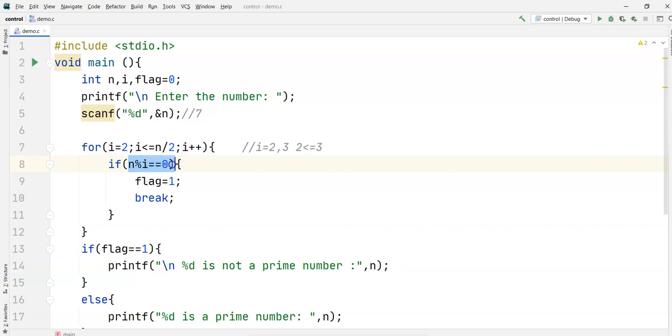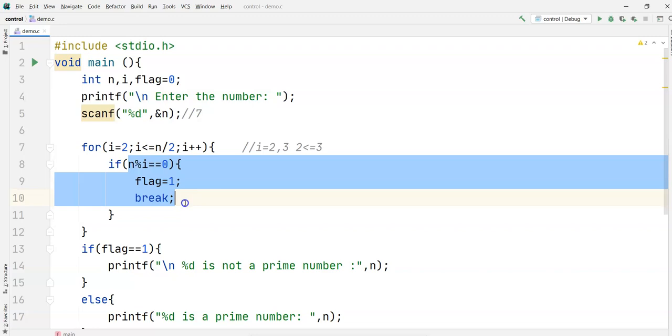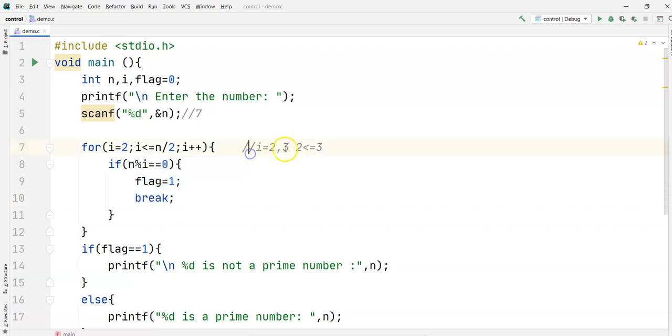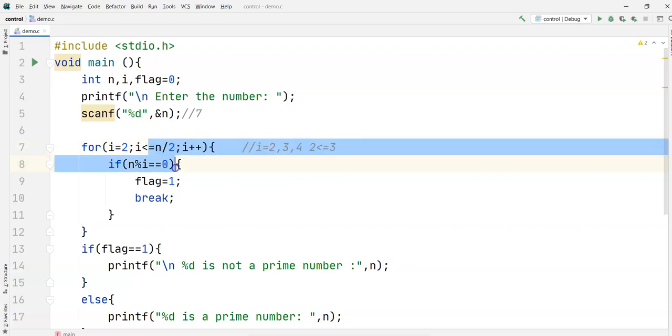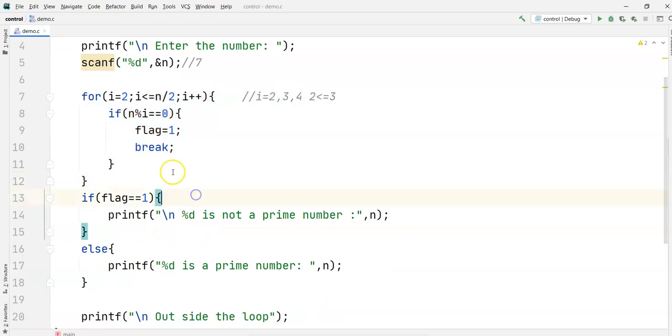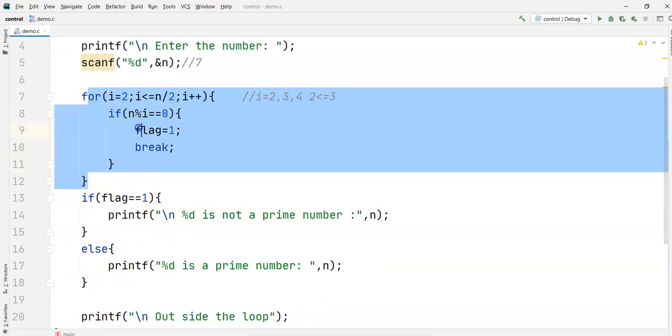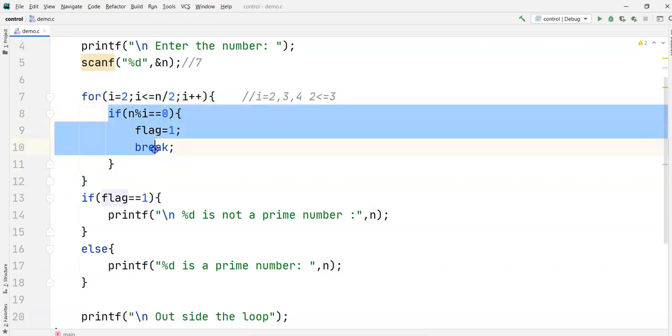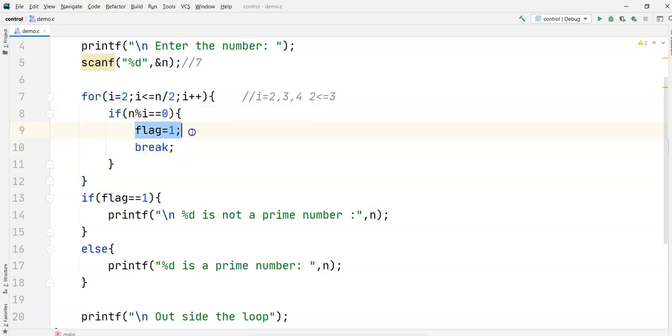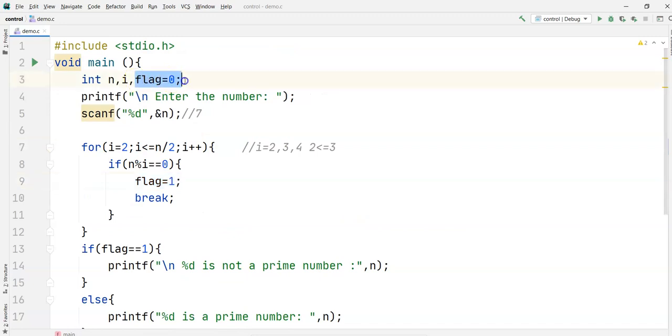Again it is not 0. That's why it is not going inside. i becomes 4. 4 less than or equal to 3, fail. So it comes out of the loop. If you observe, it never went inside the if and never changed the flag to 1. So the flag is still 0.